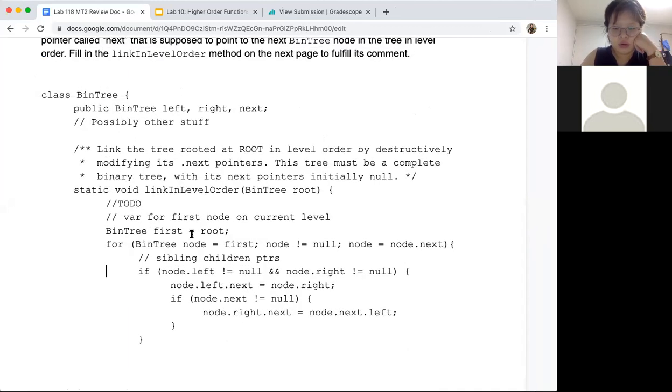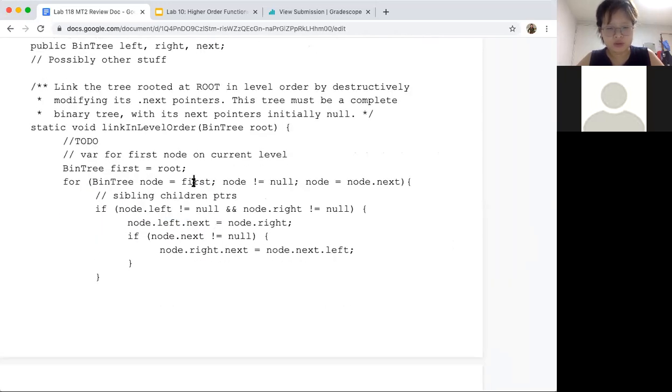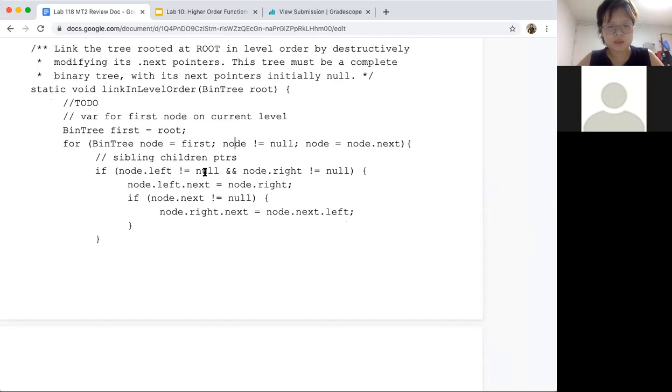Okay, so let's see what we did so far, right? We created a variable for keeping track of the first node on the current level. And then we iterated through all the nodes in one level, right? And then at the end of that level, we update the first. And so now we start a whole new batch of iterations for the next level. And so as long as node is not equal to null, we're going to be moving node to node.next, okay? And then if